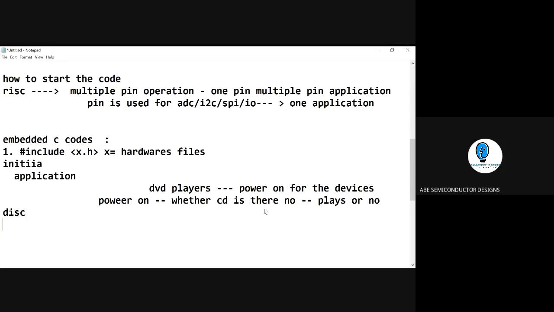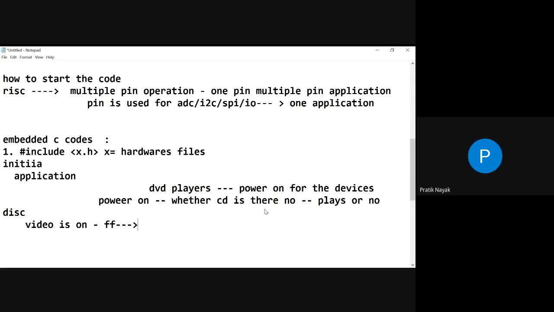My next question: the video is on, actually the video is playing back, and you want to make a fast forward. Can you understand the question? The video is on and I just put up the fast forward. This is an application, right? So my question is whether the processor will check whether the CD is there or not. It checks whether there is a CD or not, and then it comes back to the fast forward, or it continuously fast forwards the application.